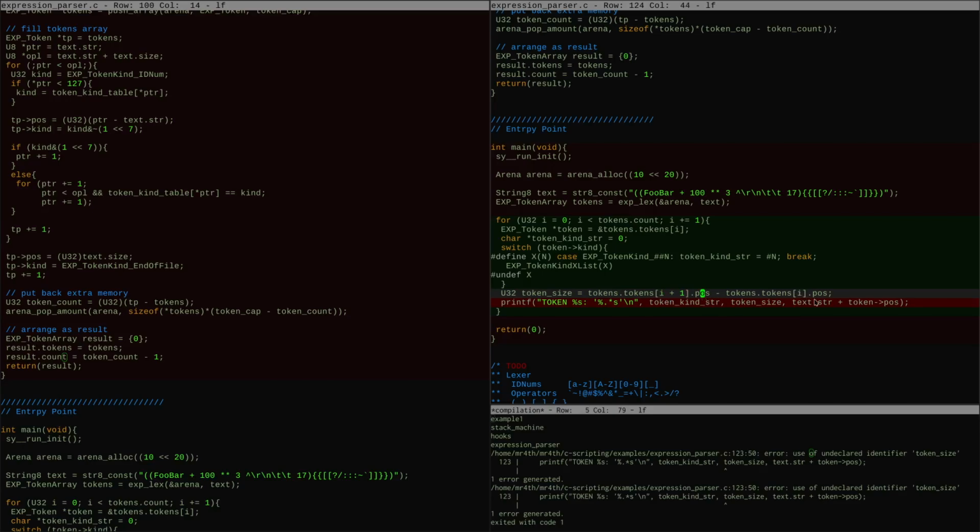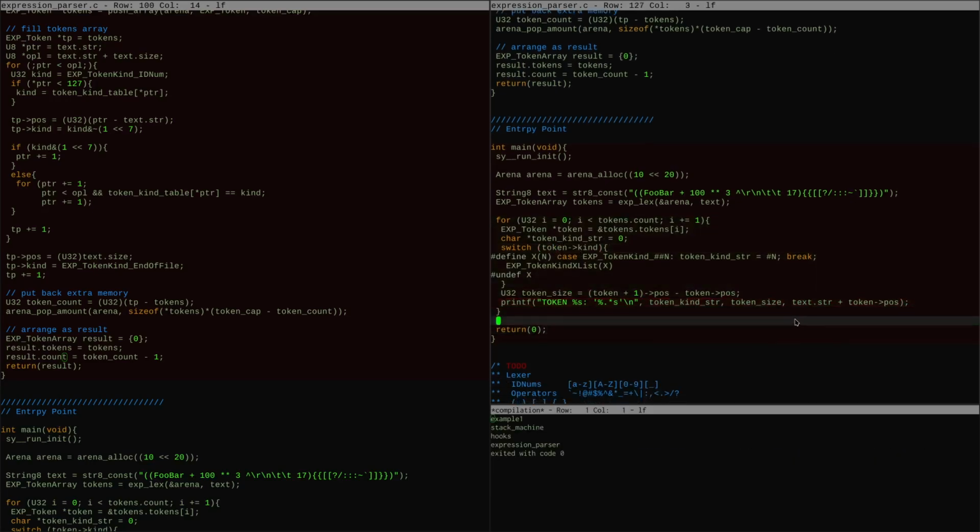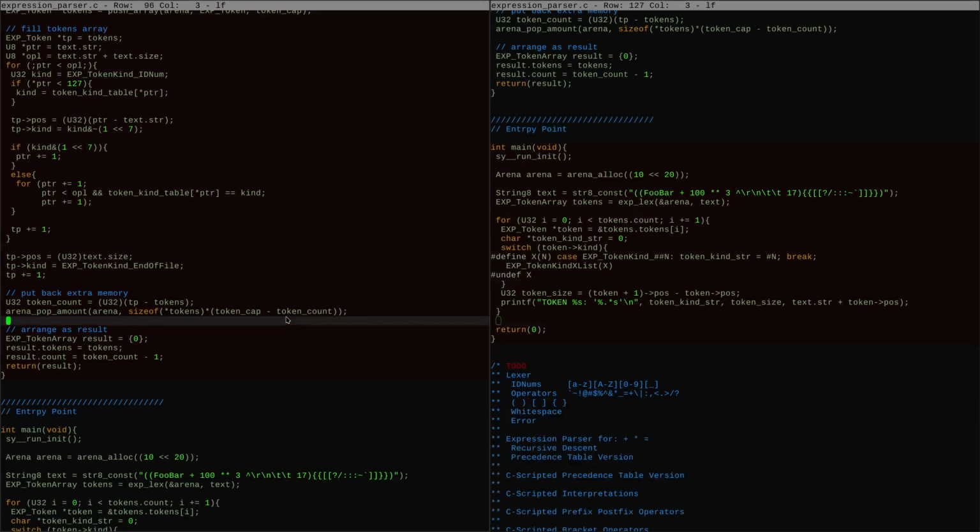That way you can take a length like this, and now you've got a token size, and you can use that to limit the length of how much is printed. We already have the token here, so token position, this can be token plus 1 position, and then this is the token position again. So the token kind, the token, yeah, this looks good. Okay, so now